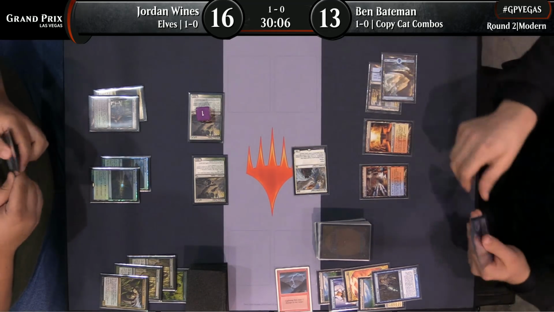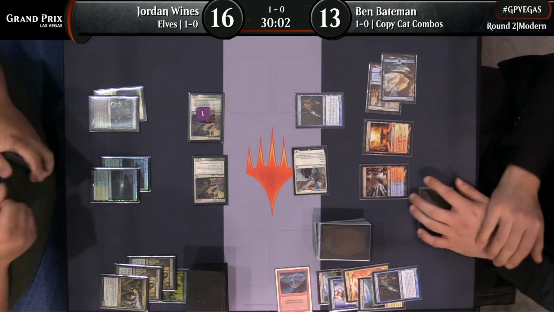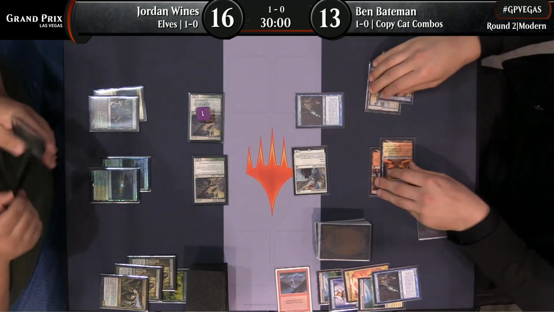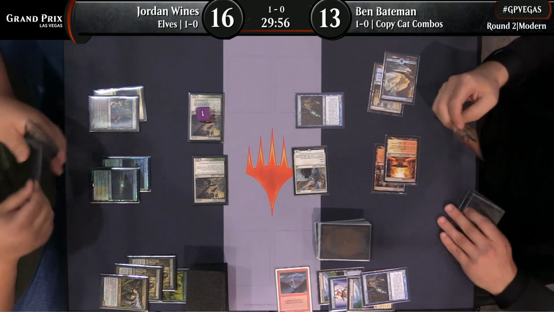They could have Cryptic Command. They could just have anything. And at this point, Jordan's just like, all right, let's just go through the motions here. But I mean, Jordan could have something like a Collected Company here, which would be huge if Ben doesn't have...